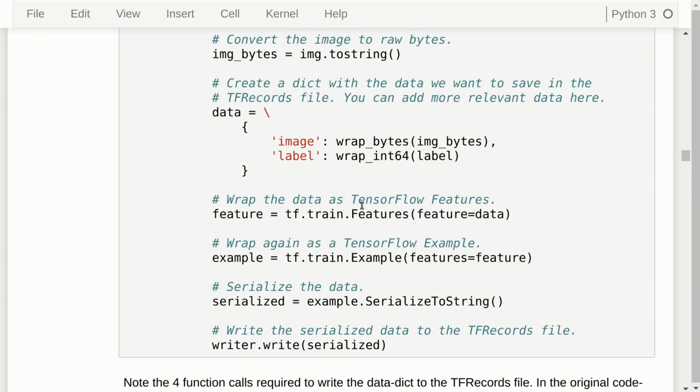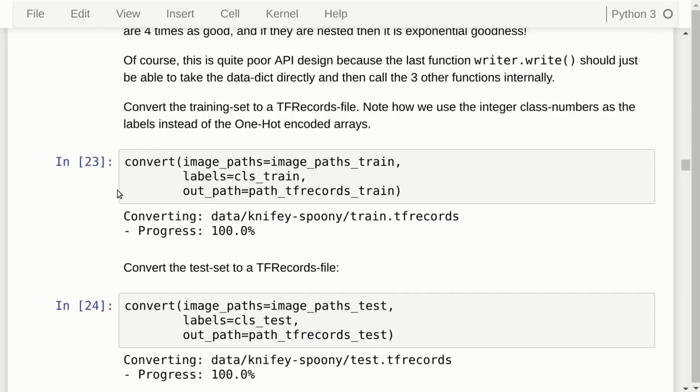So why are these 3 function calls not internal inside this write function here? This is one of the aspects where TFRecords looks like it's kind of an alpha or beta API. It's really not finished, it is unpolished and could have been much better. Anyway, we then call the convert function we just made with the list of path names for the training set